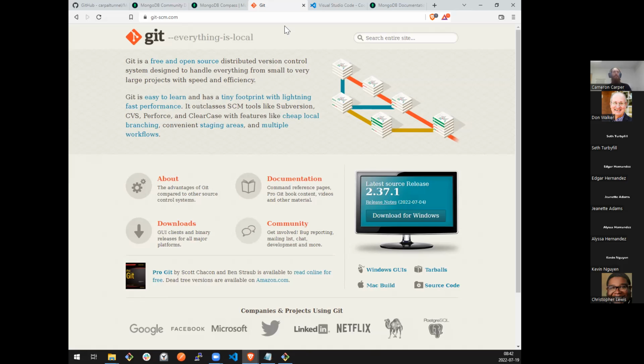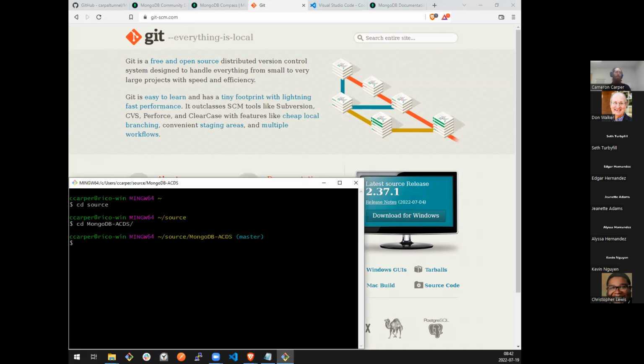That said, since I am teaching from Windows, the command prompt that comes with Windows is pretty terrible. And if you're working with code, you're probably working with Git already. So if you install Git SCM for Windows, it will include an application named Git Bash, which is what you're looking at here. It's a terminal emulator that gives me a more powerful command prompt that is more similar to Linux and Mac. And so it's a lot easier for me to work with.